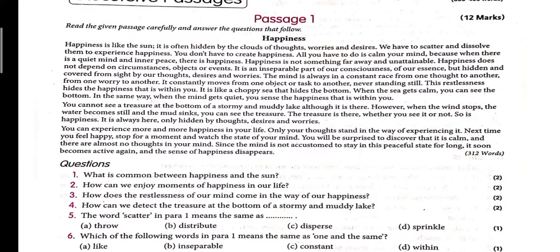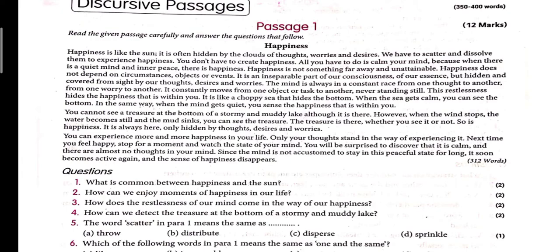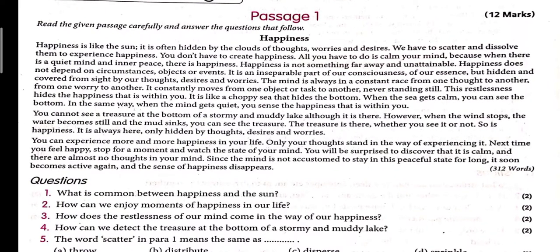Happiness is like the sun, it is often hidden by the clouds of thoughts, worries and desires. We have to scatter and dissolve them to experience happiness. You don't have to create happiness, all you have to do is calm your mind, because where there is a quiet mind and inner peace, there is happiness. Happiness is not something far away and unattainable. Happiness does not depend on circumstances, objects or events. It is an inseparable part of our consciousness, of our essence, but hidden and covered from sight by our thoughts,